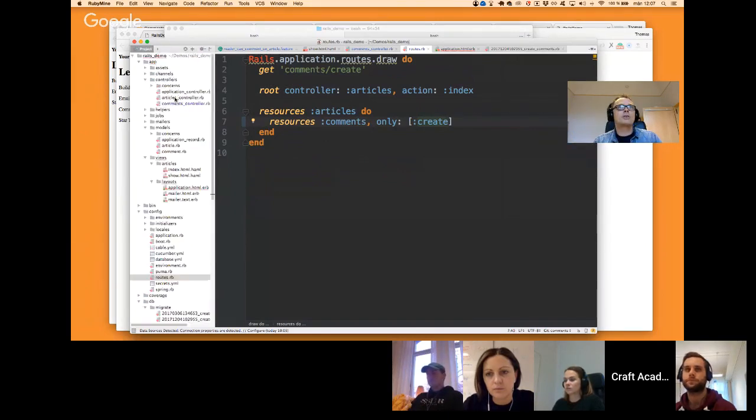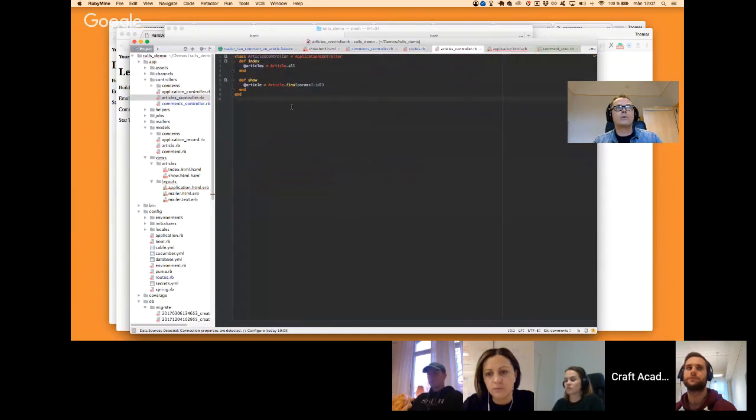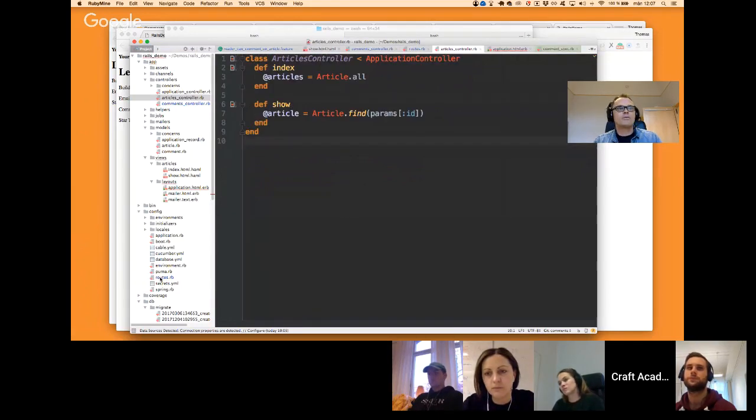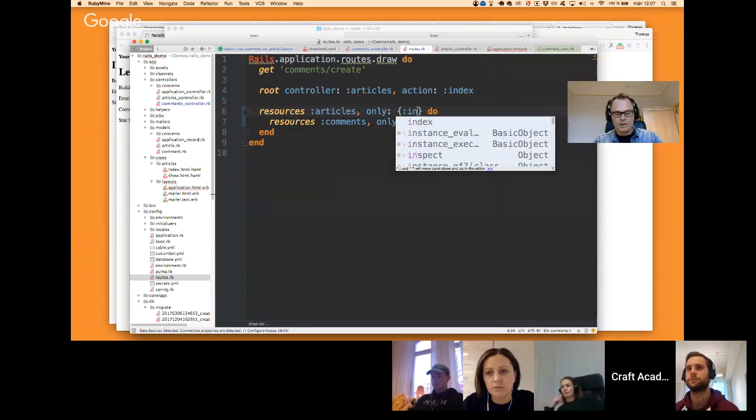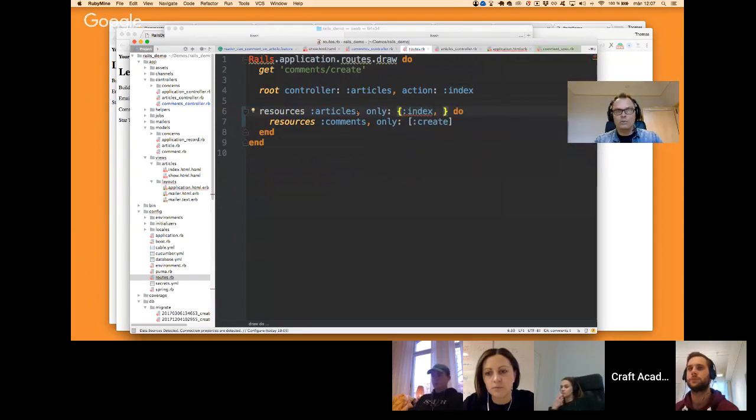And on the article controller, what do we have? Well, we have the index and show. So I would definitely say only index and show, like this, with square brackets, not curly brackets, right? And now if I run rails routes,